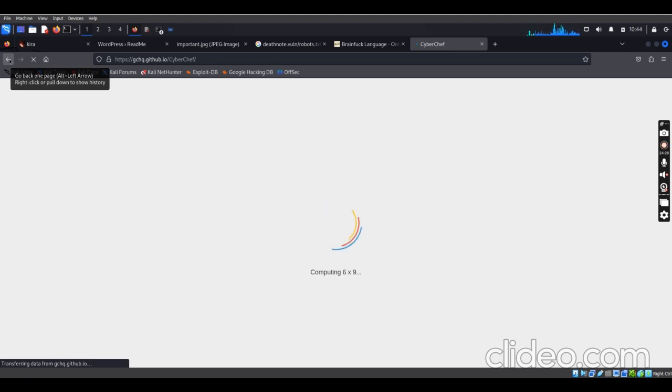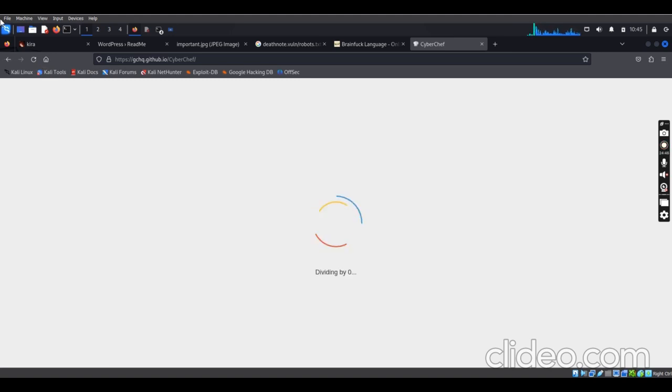Now we'll use this particular tool to decode that hexadecimal number which we found while extracting it from case.wav. So it's taking time. I'm not sure this is the particular one I got.